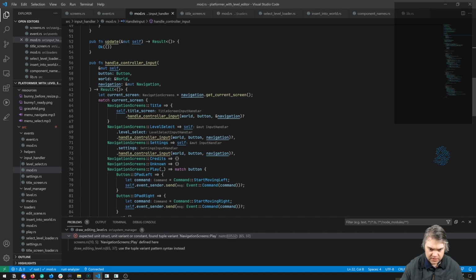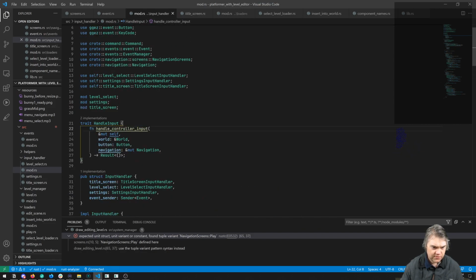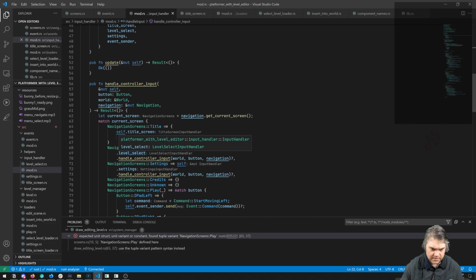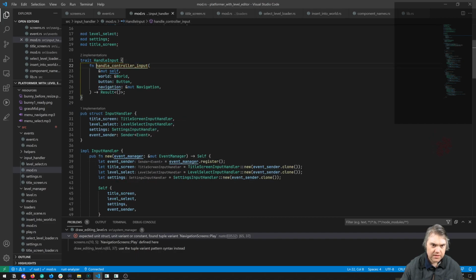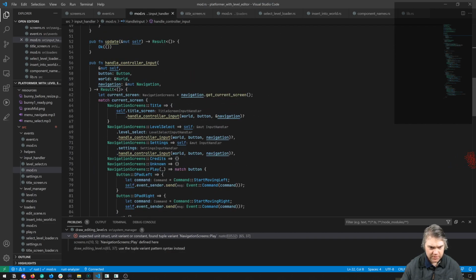Okay, so here, wait, this is for, wait, we're just in mod again. Oh, that takes me to the trait. That's the problem. I was wondering what was going on there. Okay, so we're going to go into the level select,